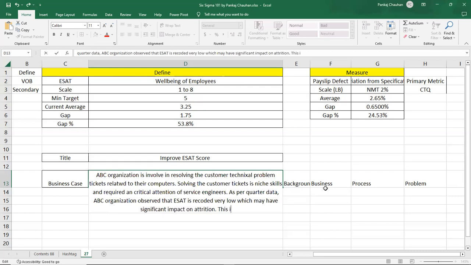So this is imperative now to improve the employee satisfaction score